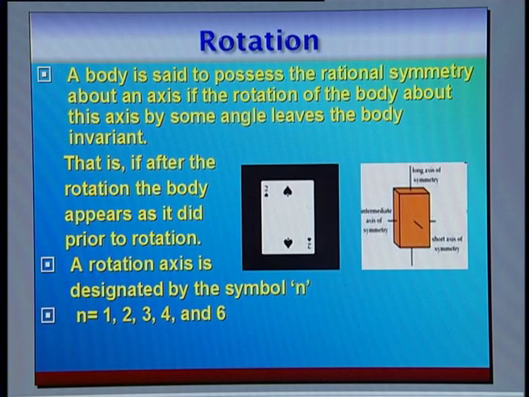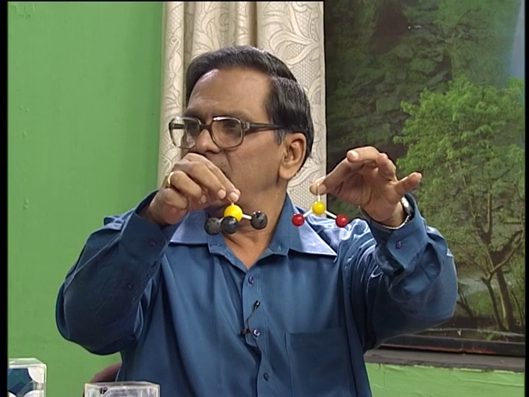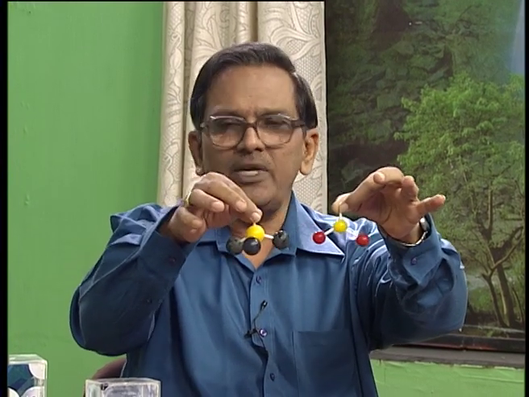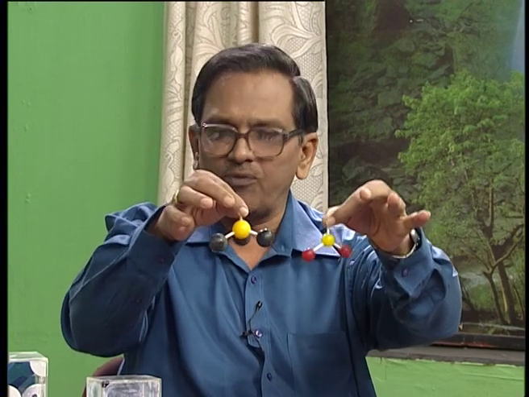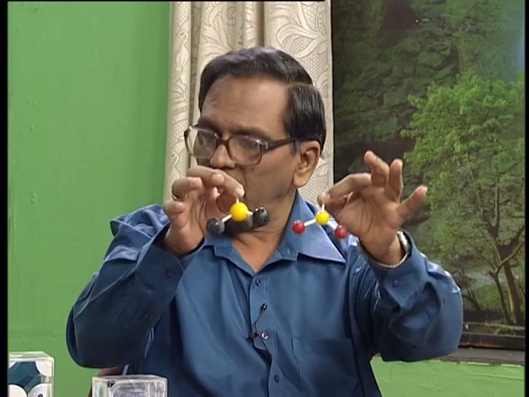the initial position. So, depending upon the type of unit cell or the type of molecule, for example NH3, you can easily understand here, this NH3 molecule, if I rotate by 120 degrees, it looks exactly the same. Whereas the water molecule, if I rotate by 180 degrees, looks exactly the same. So, though the nature of the symmetry operation is the same, that is the axis of rotation, the amount of rotation is different in different types of molecules.